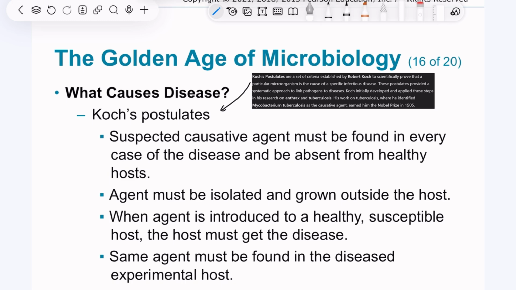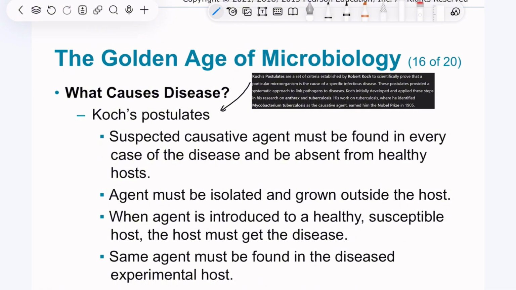So the four postulates are as follows. 1. The suspected causative agent must be found in every case of the disease and be absent from healthy hosts. So the pathogen should be consistently present in the individual suffering from the disease but absent in healthy individuals. 2. The agent must be isolated and grown outside the host. So the microorganisms must be cultured and grown in a laboratory setting, separate from the host, to study it further. 3. When the agent is introduced to a healthy, susceptible host, the host should get the disease. So when the isolated pathogen is introduced into a healthy organism, it should cause the same disease, confirming its role